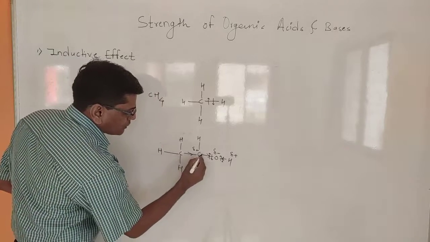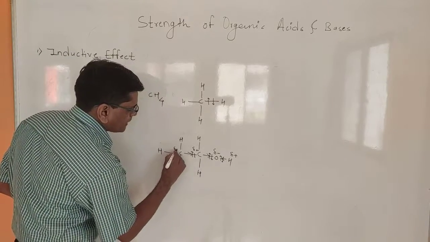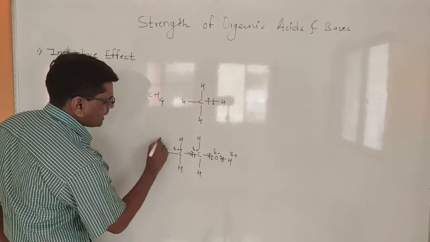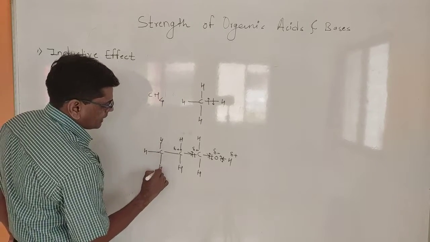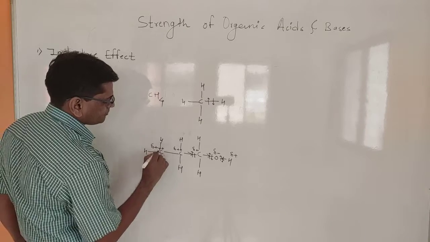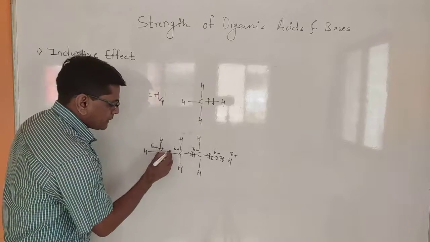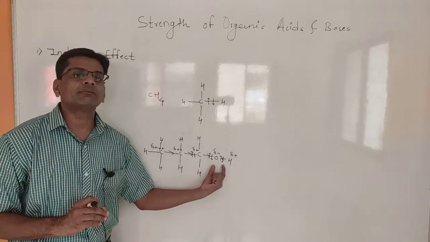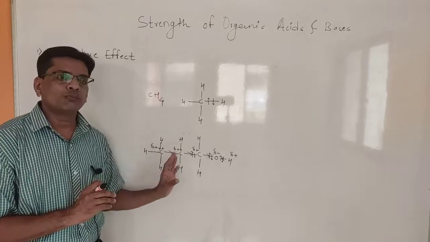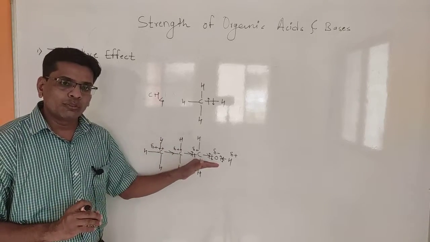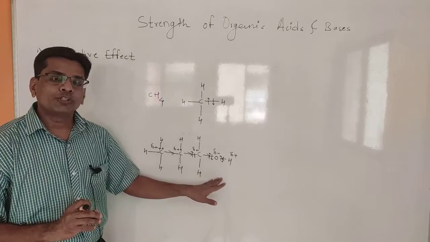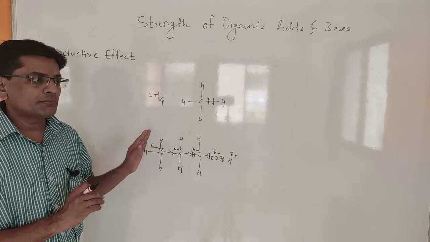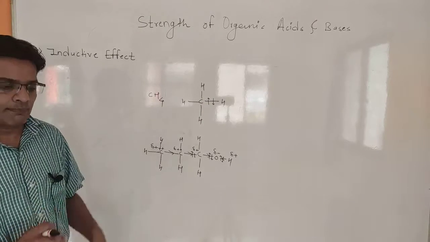Again here also the electrons are shifted more toward this, so that's why this becomes positive. Again when we replace this hydrogen by CH3, the inductive effect reduces. So in this way the polarization is always toward the oxygen, because this electronegative atom disturbs the electron density in the whole molecule, and due to that it creates poles, and due to that polarization the molecule will change its property. So we will discuss this inductive effect by using different examples.